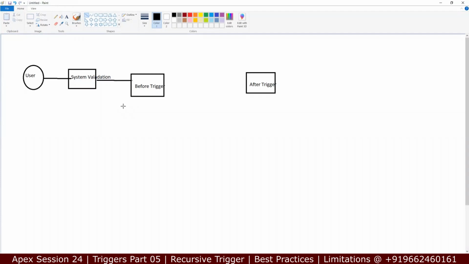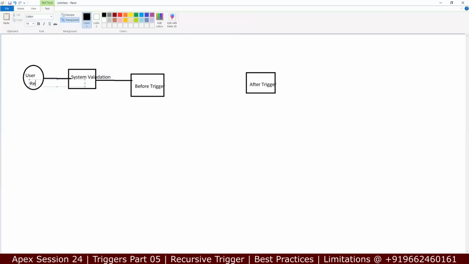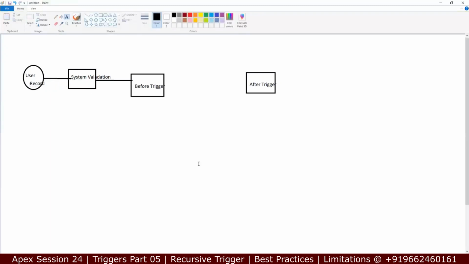Okay, in the trigger, we are doing the before trigger. So the before trigger is the one which gets executed first. And none of them will execute before the before trigger. Like once it is done with the before trigger,